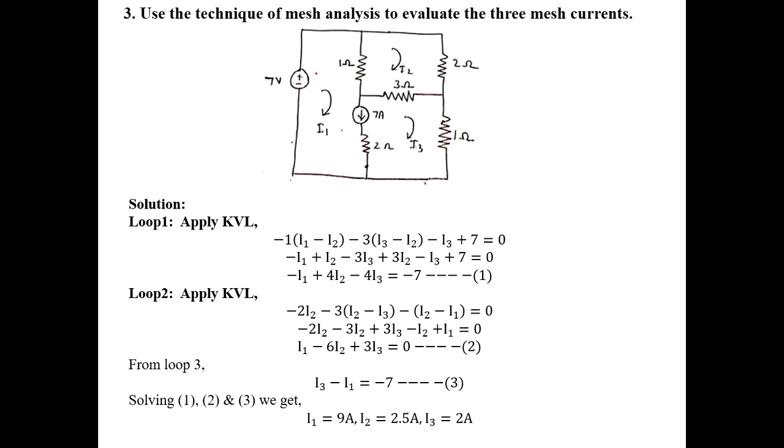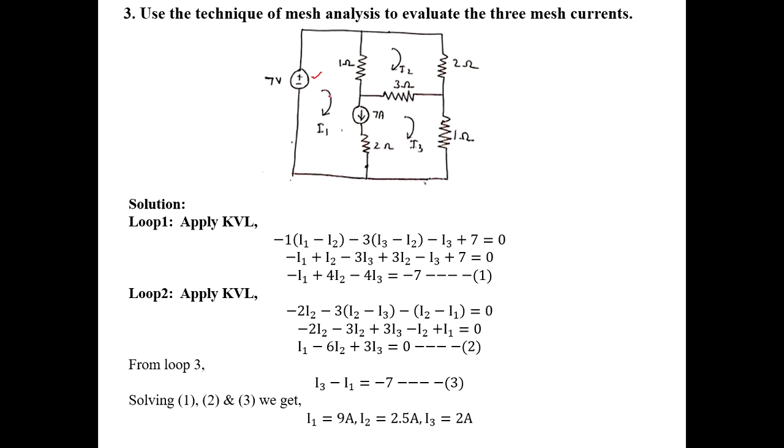Here, first we have to check whether the circuit has voltage sources. Voltage, no problem. Here we have a current source. So first we have to check whether we can convert this into a voltage source. In this current source there is no parallel resistor, so we can't convert this current into voltage. We can use the mesh method to calculate the current.